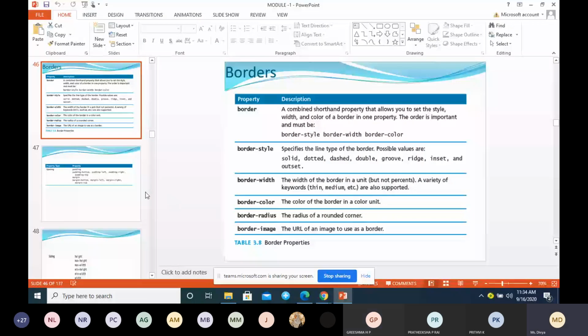Some examples are text align, decoration, direction, transformation, and space between the word and letter. Background properties: how to set the background color, background image, how to position the background, and how to give the size to the background image. Coming to borders: how to set the border style, color, and width. Moving on to the next topic, spacing.